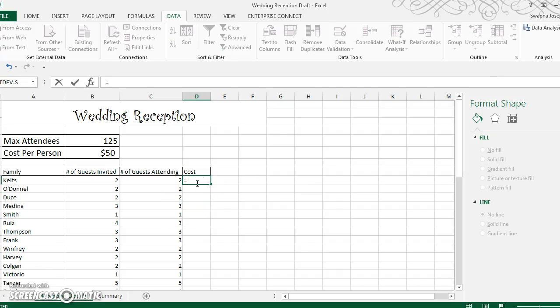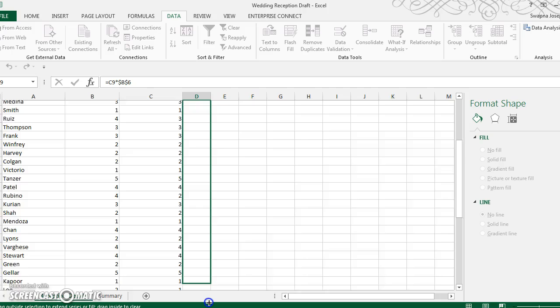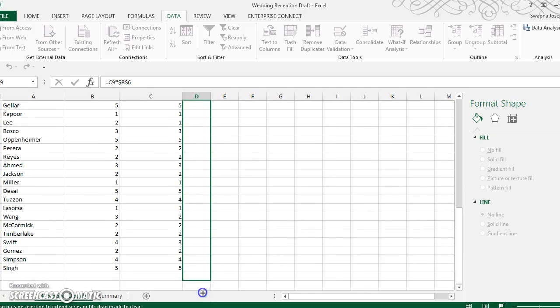I'm going to do this by timesing the number of guests that are coming with the cost per person. So now the cost per person will remain constant for each family, and I want Excel to know that. So now that we have the formula in the first family, I can expand this formula all the way down for every other family as well. Okay,